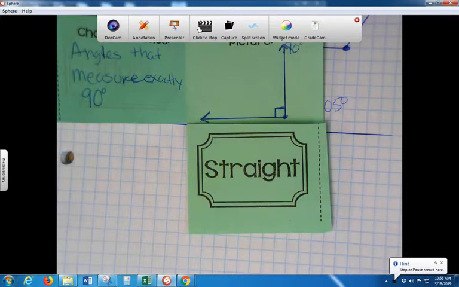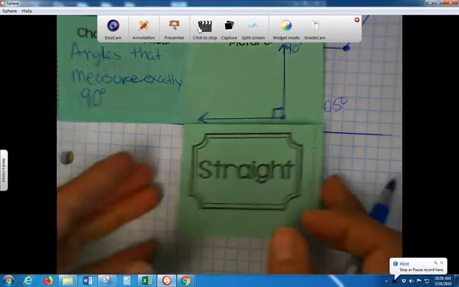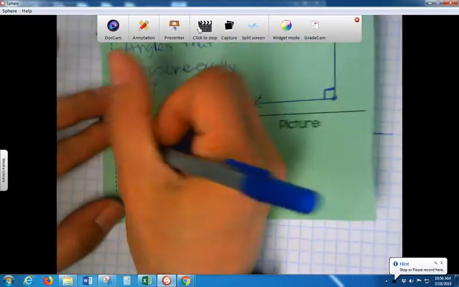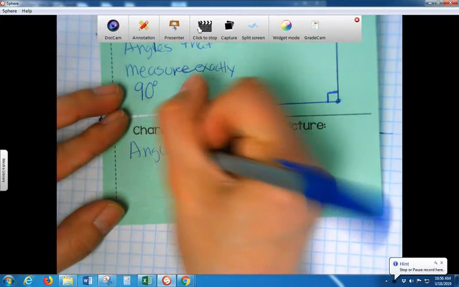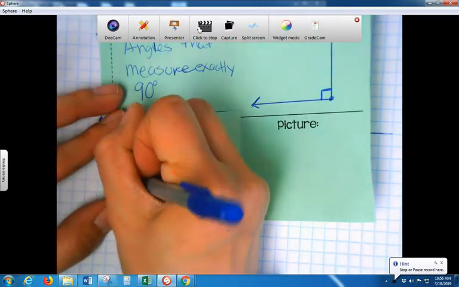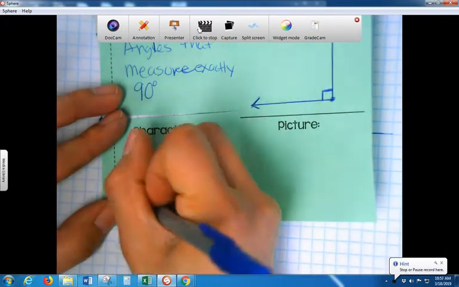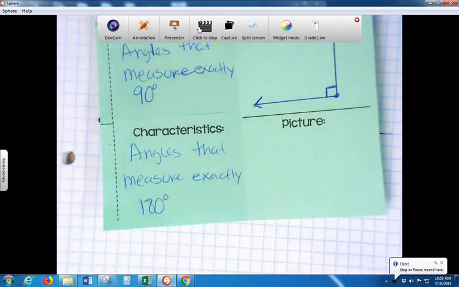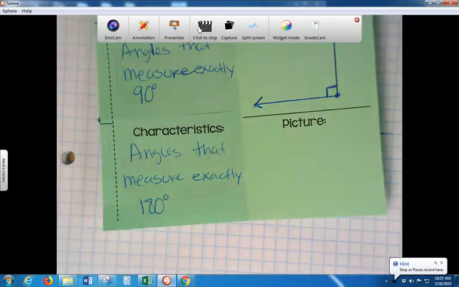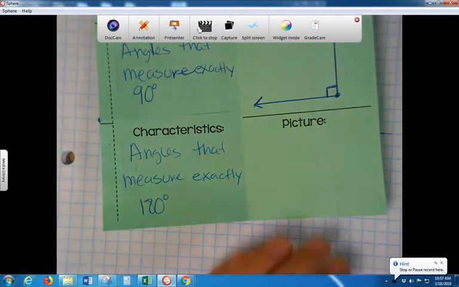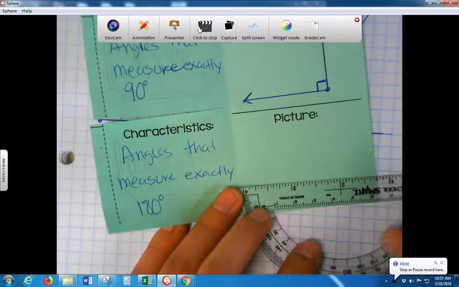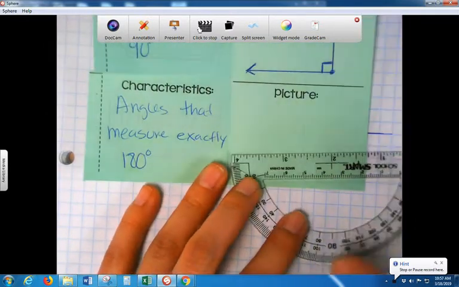Alright. Raise your hand if you can tell me, what is a straight angle? It's just a straight line. Yes. So, angles that measure exactly 180 degrees. Now, what do they look like? A line. A straight line. Very good. So if I just do a straight line with my ruler, not freehand, but with my ruler,